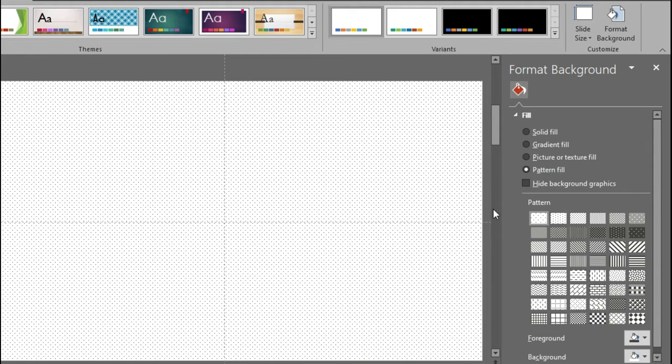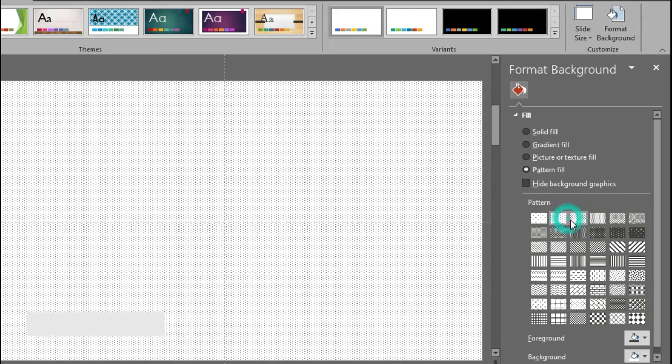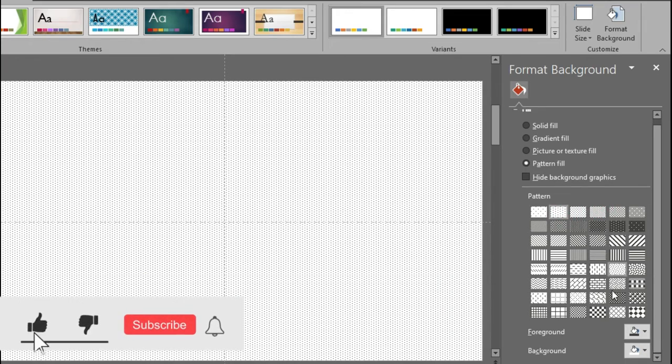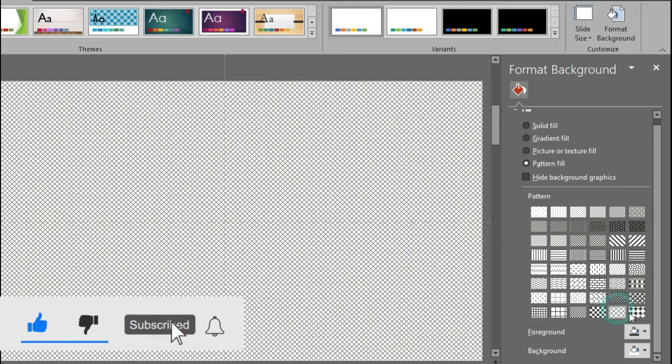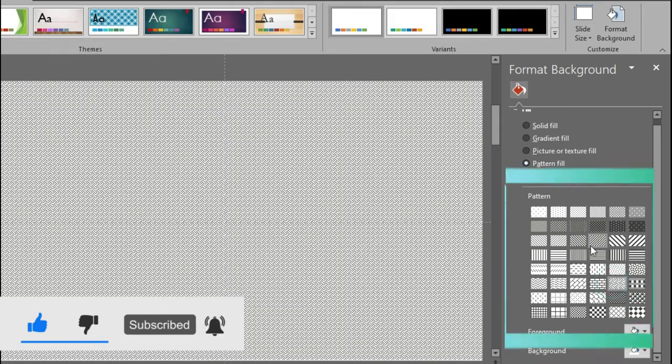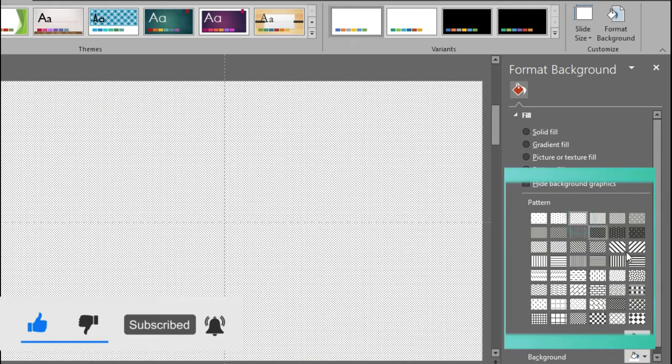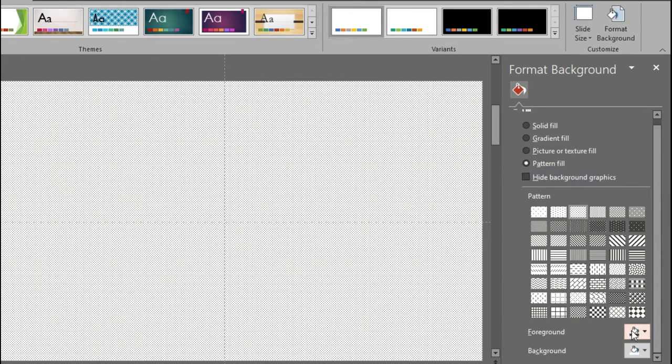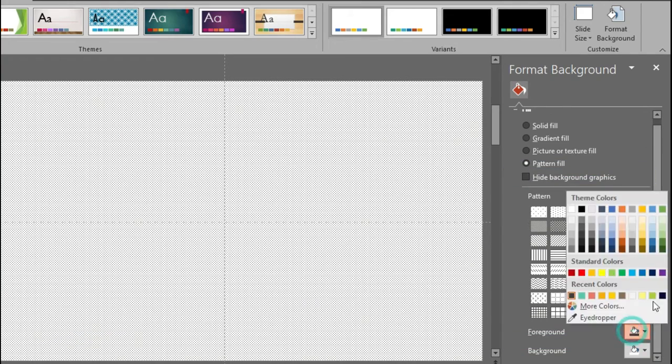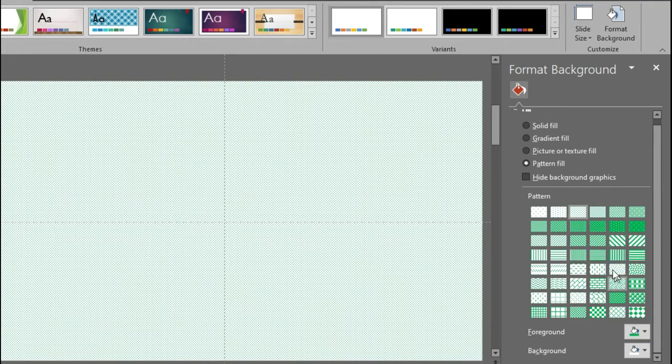You can have some pattern fill in your presentation slide. There are some predefined patterns. You can use these, like I'm choosing this. Then you can set the foreground and background color also. You can change them. Let's say I'm picking this color.